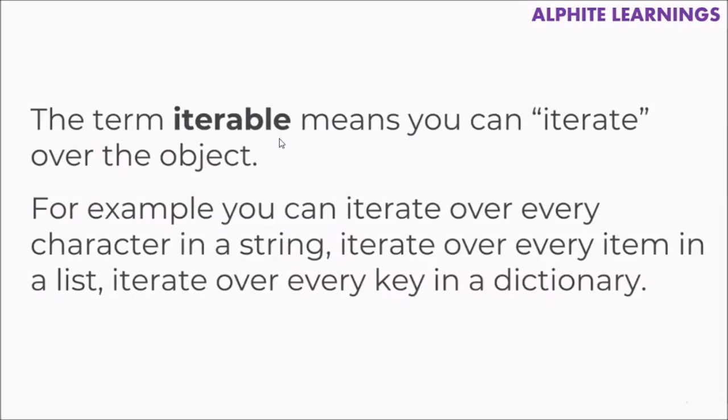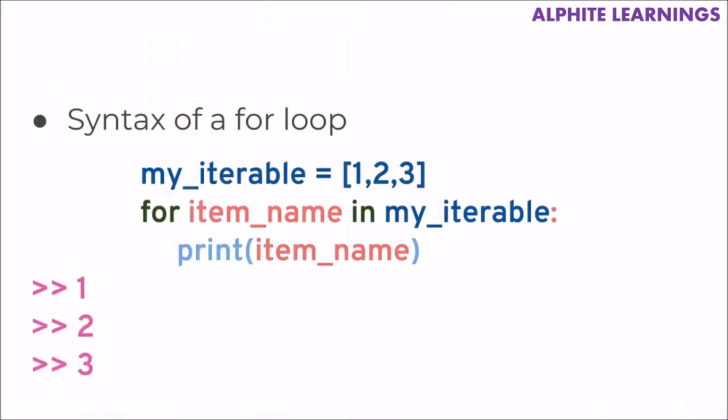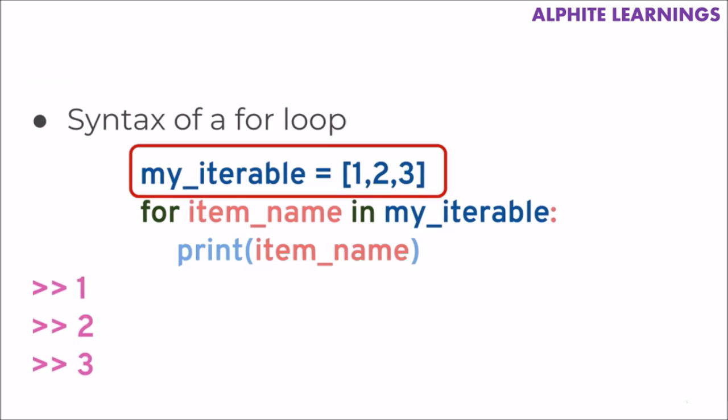If I move on to for, what is my syntax? I'm first writing my iterable. I give a variable, a set of list first. I define three elements in the list, 1 2 3, or not only a list, I can give a string, I can give a dictionary, whatever I want. But as of now, for an example, I name a variable called my iterable, and I create a list having three elements, 1 2 3.